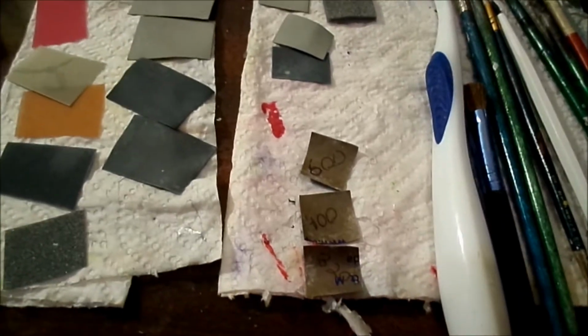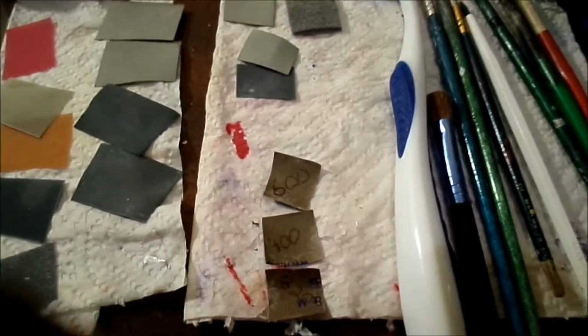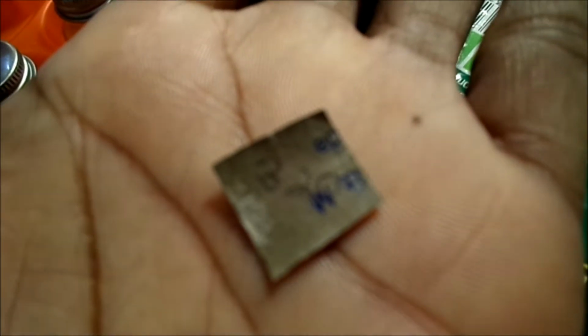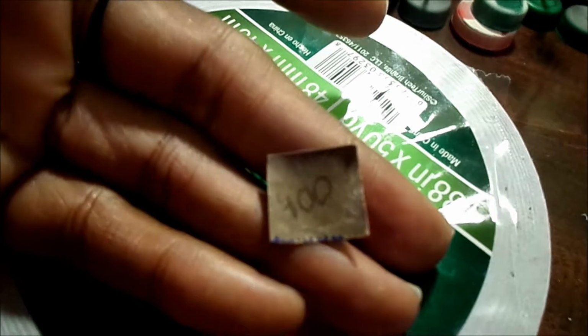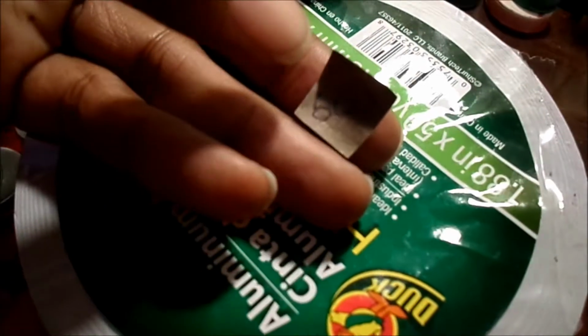Like I was saying, Chevy gave me some really great advice, and I'm just going to jump right into it. First, I start off with, sorry about the lighting, but the lighting over here in this corner is not too bright. Hold on. I start with a 320 grit. Then from there, I'll go to a 400 grit. And then from there, I'll go to a...